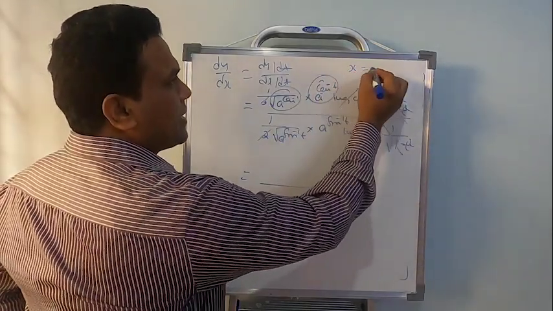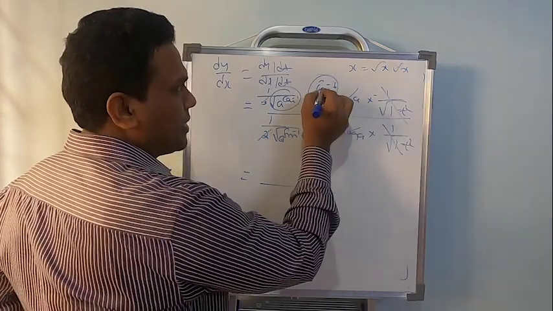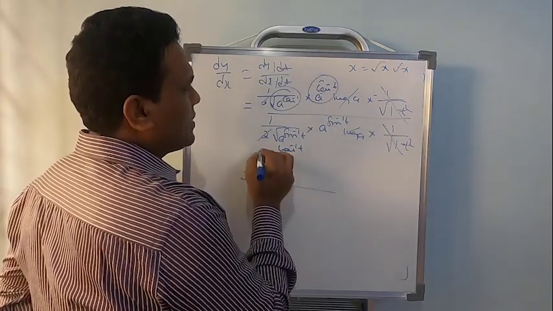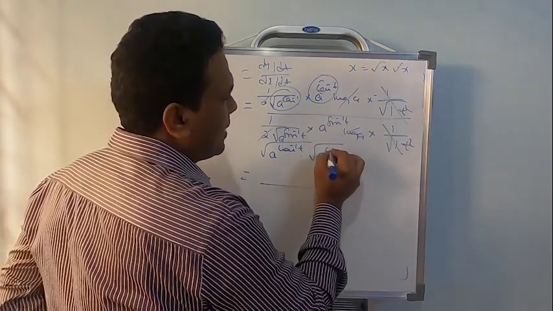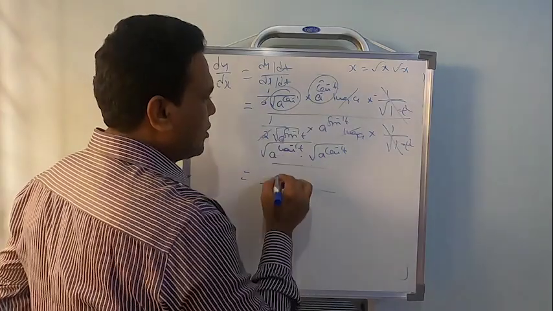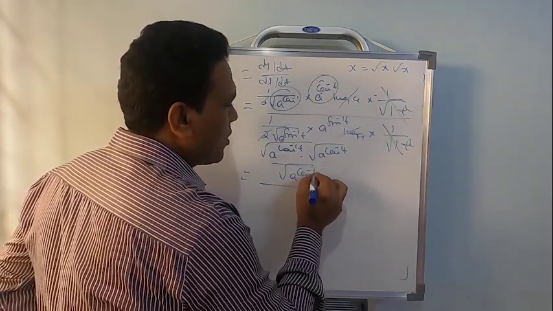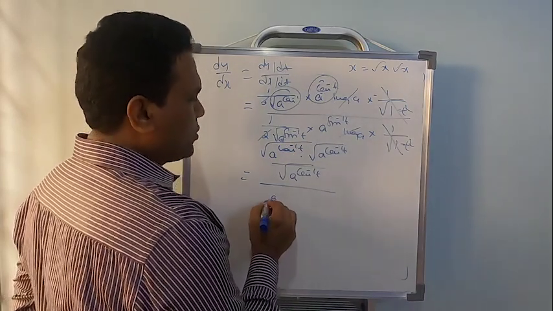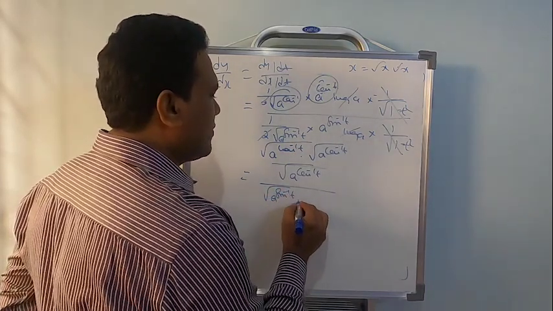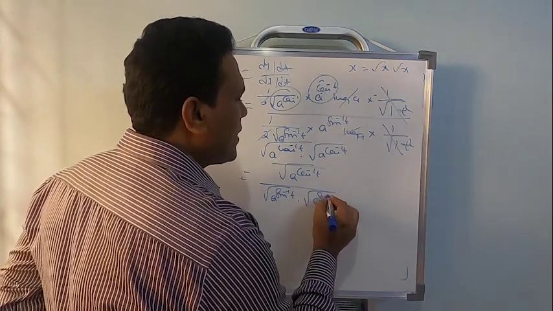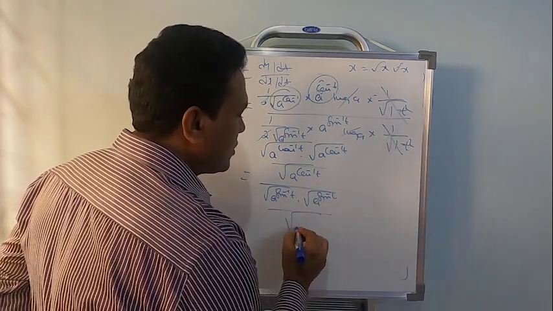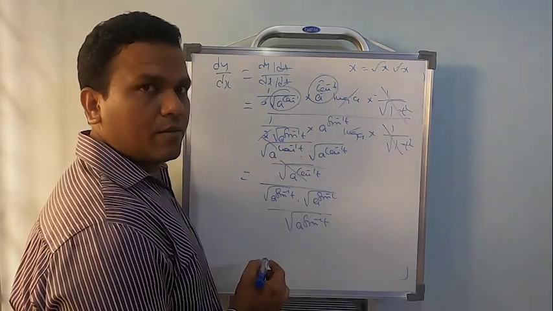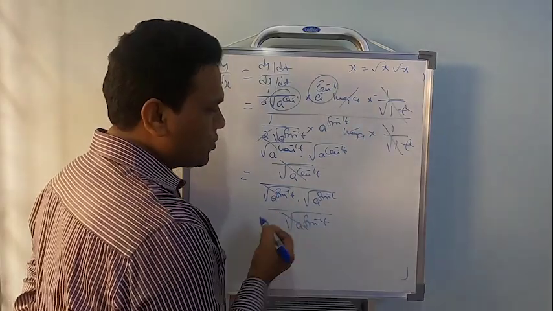It's something like x can be written as root x into root x. I will apply that concept here. Now this will be a power cos inverse t multiplied by root of a power cos inverse t, and the denominator is root of a power cos inverse t. The same concept I will apply for this also. Now square root of a power sin inverse t multiplied by square root of a power sin inverse t by square root of a to the power sin inverse t. So one power of square root will get eliminated. Here also this gets eliminated.